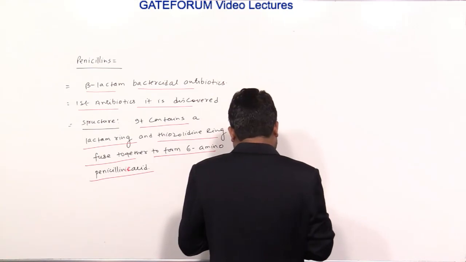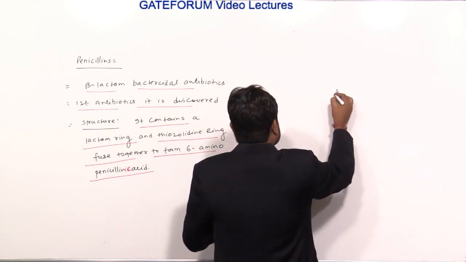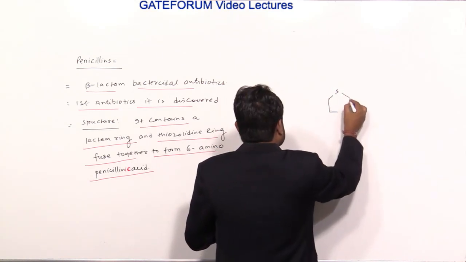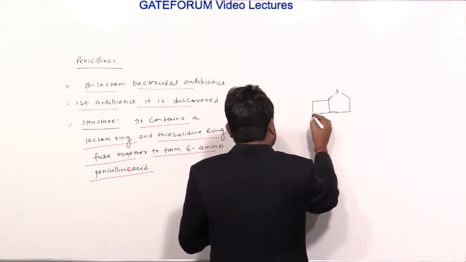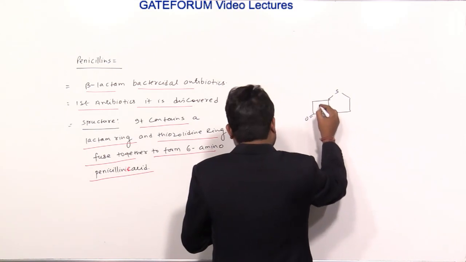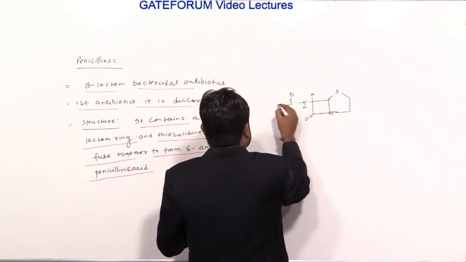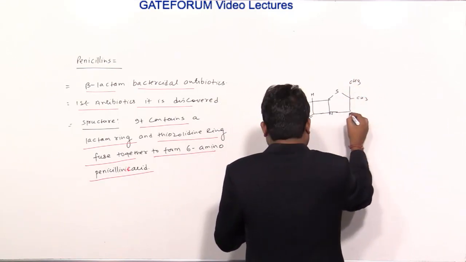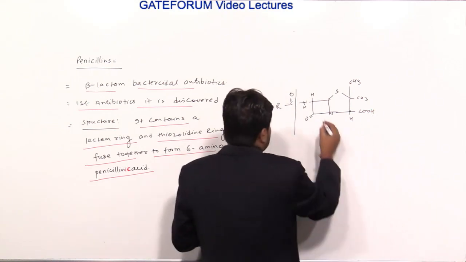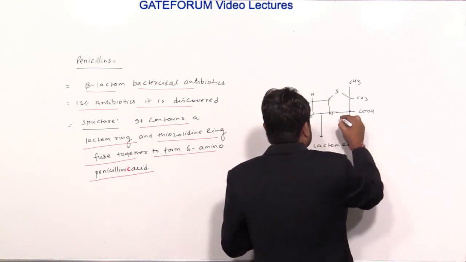See here, this is the sulfur, and here you can see double bond O, there is nitrogen, there is hydrogen, there is NH, and it links with the C double bond O R here, and here is the CH3, that is called C double bond O H, and here is the H. So this is called the lactam ring, and this ring is called the